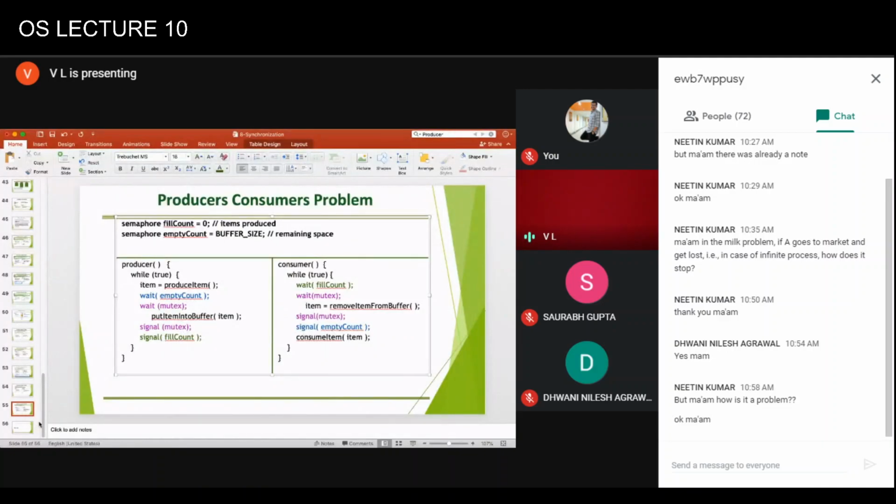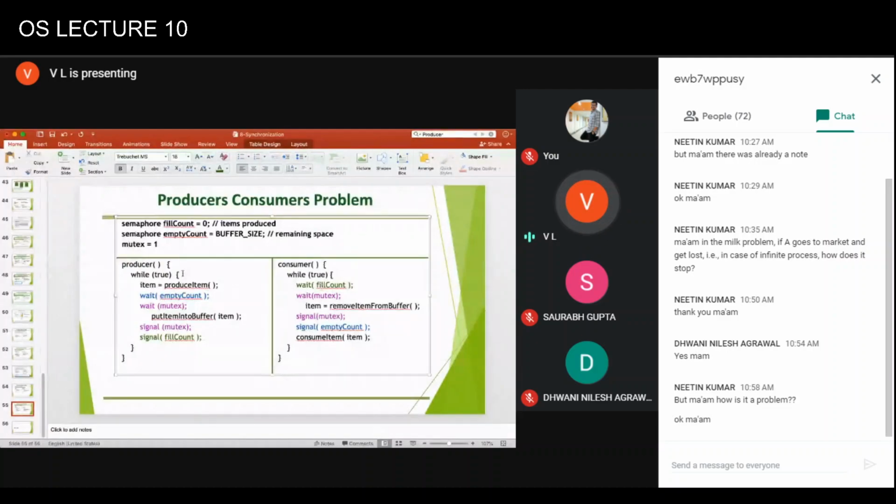So this is the producers-consumers problem. There are multiple producers and multiple consumers, so naturally you have to protect your critical section through another binary semaphore. Here mutex is a binary semaphore, and the initial value of the mutex would be 1. If we keep mutex equal to 0, the problem would be that when the producer tries to produce the very first item, it will be waiting on the mutex and it cannot proceed any further. And the consumer is waiting on fill count, and this will be a deadlock.